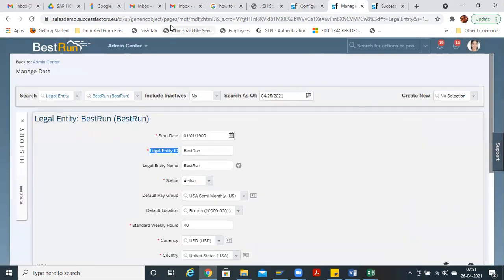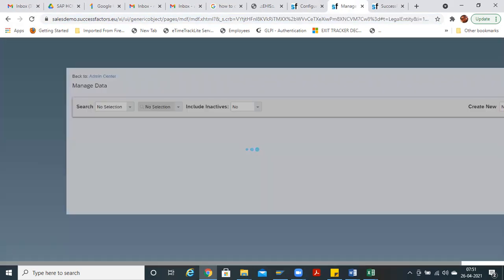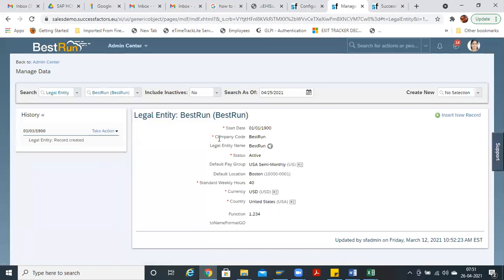Then go to manage data, refresh. Can you see that the company code has been changed? Like that you can change any as per the requirement and add any fields also.